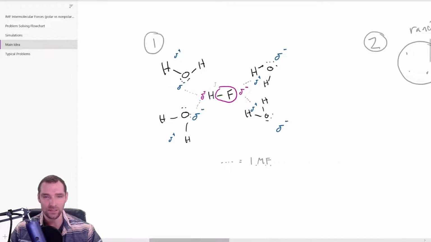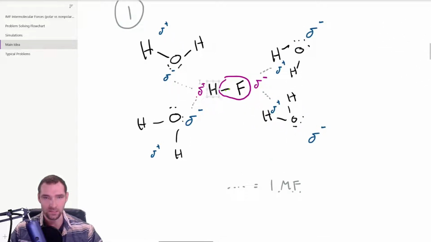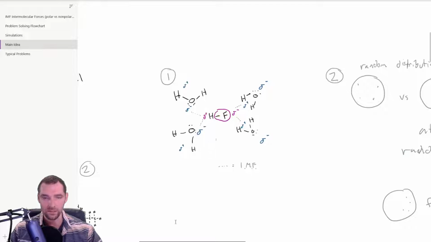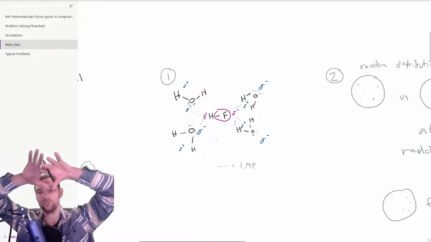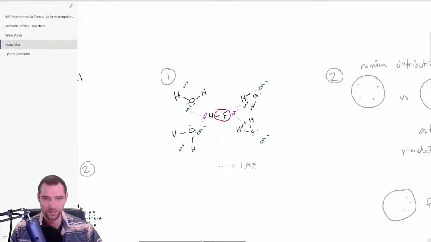So if we're talking about something that's polar, this would be like the HF. This has partial charges, and they like to interact with water fairly strongly. These are pretty strong intermolecular forces. And so I've drawn in these gray dotted lines to show this hydrogen is kind of interacting with that oxygen and that oxygen as well. And so you'll see a ton of water molecules go around these charges and try and stabilize them, try and make electrons not be so negatively charged, but kind of neutralize them with the protons in their molecules